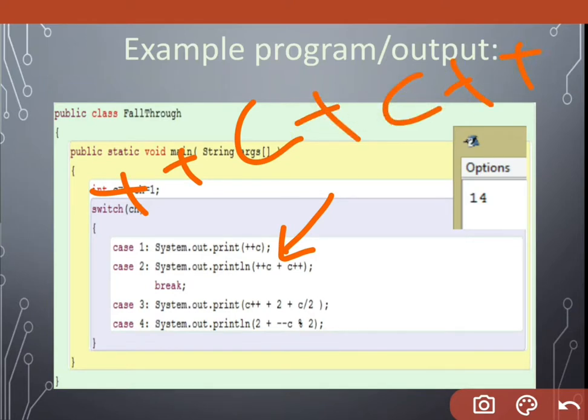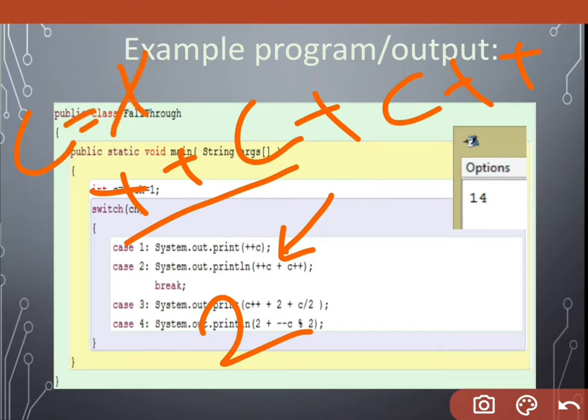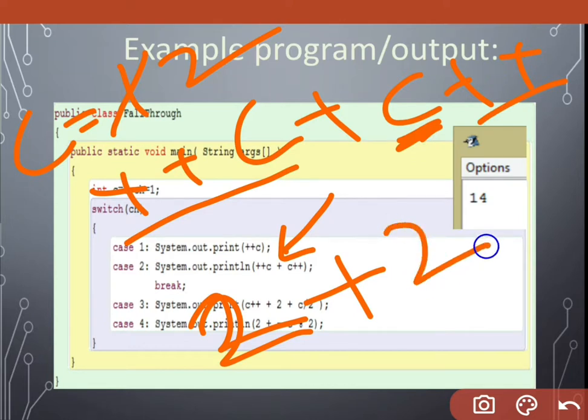C is already 1 and then we increase it by 1, then we are getting 2. Then plus value of C, we place first and then increase the value. Value of C is 2, we placed it here and then increase it by 1, that's why in memory it becomes 3 and answer is 4.